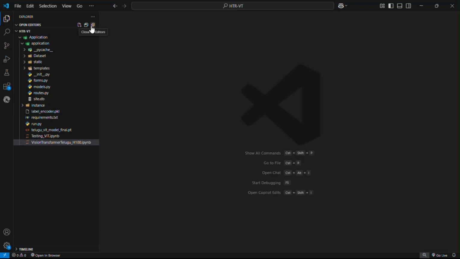Hello everyone. In this video, I'll be walking you through the whole code of the Telugu handwritten text recognition system, which we trained using the Vision Transformer architecture. We'll go step by step from the folder structure. This is the main folder, which contains the whole code of the project, including the front end, back end, and